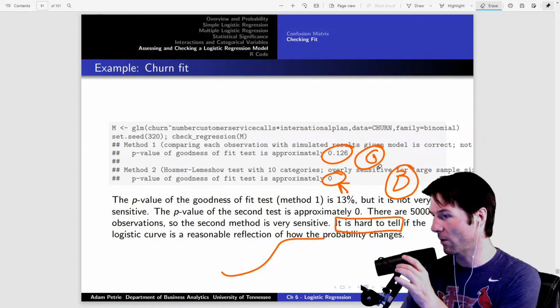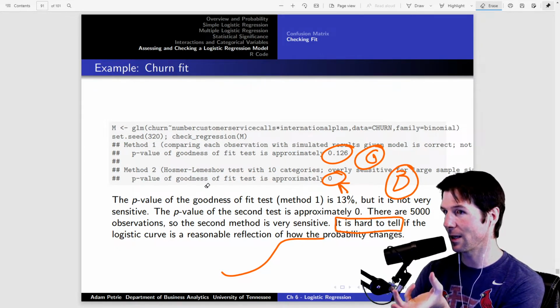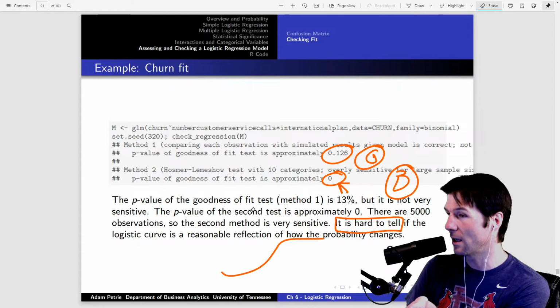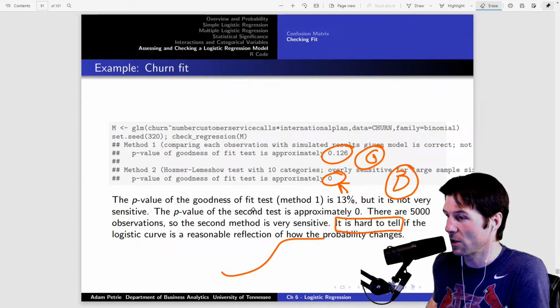And then a high p-value, as you're saying right there, Trace, you're exactly right, means the logistic curve is a good fit for our data. Like, we are literally asking, is the logistic curve a good idea? High p-value means the results we see are expected to be seen given the logistic curve is a good fit. Low p-value means the results we see are not what we would expect to see if the logistic curve is a good fit.